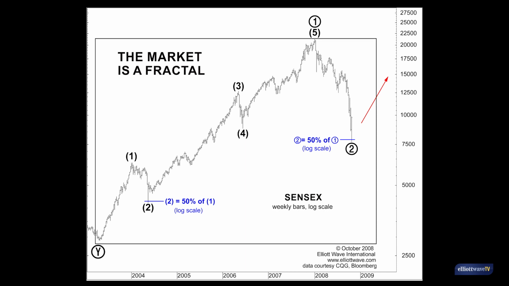The black rectangle outlines primary waves 1 and 2. Now in the red rectangle, note the similar shape of the smaller up-down sequence of intermediate waves 1 and 2 from the 2003 low to the 2004 low. That similarity of shape in the two wave patterns told us that India's stock market was ending its 2008 bear market and about to begin a huge third wave advance.